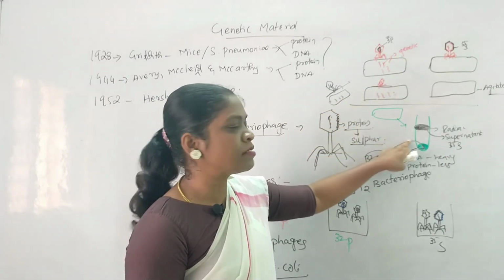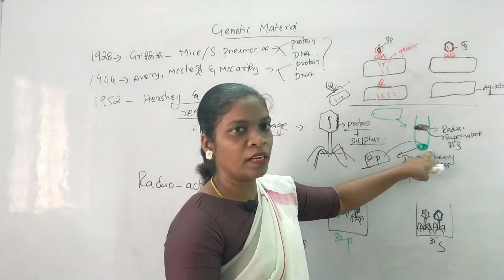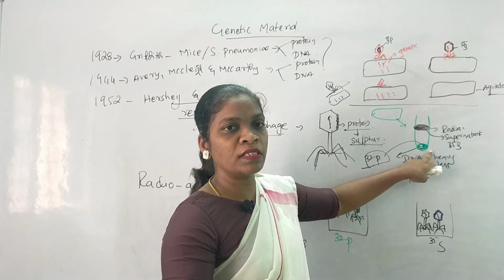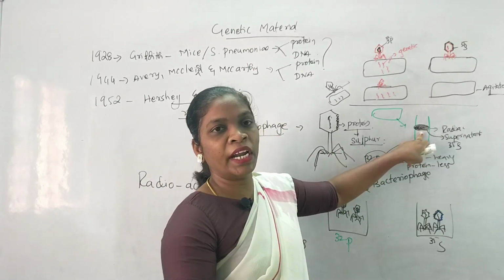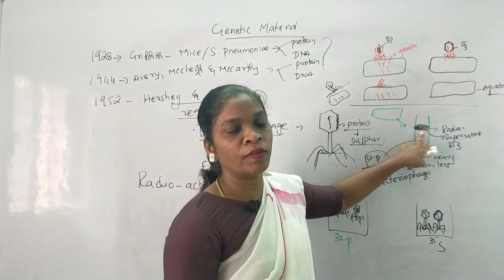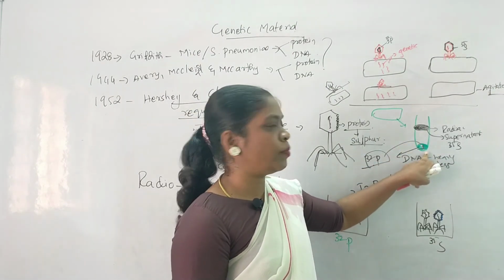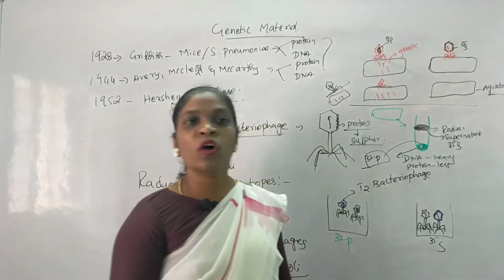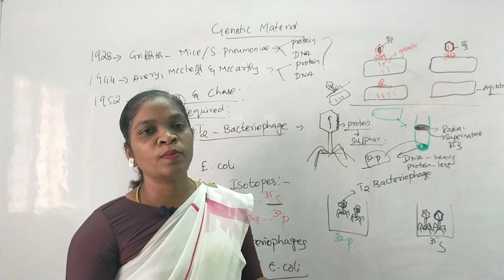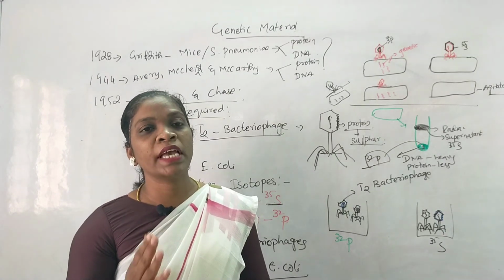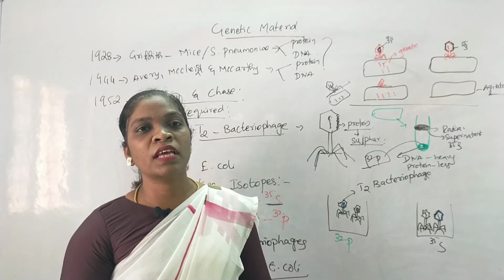The infected cell was taken for the centrifugation process, and the lower region, which contains cells and DNA, showed the radioactivity of phosphorus, and the upper region, where you find the supernatant, contains only the sulfur, which shows only the radioactivity of the sulfur. So it shows that the DNA only carries information which entered inside the organism. It is not the sulfur that has entered inside the organism. Protein doesn't enter. It just clearly explains that DNA is the only genetic material which carries information from the parent to the offspring. In the next video, we'll learn about the Meselson and Stahl experiment.